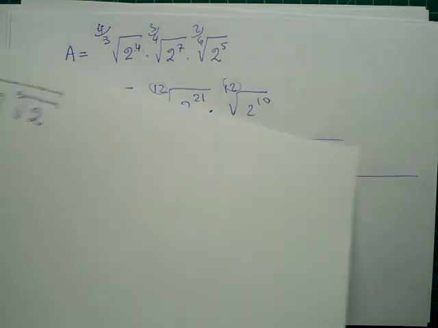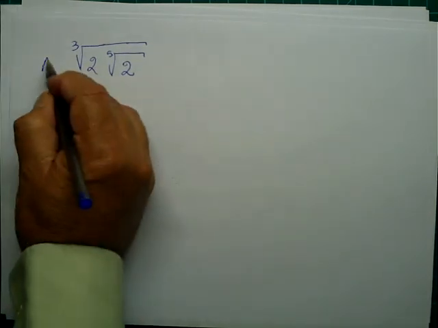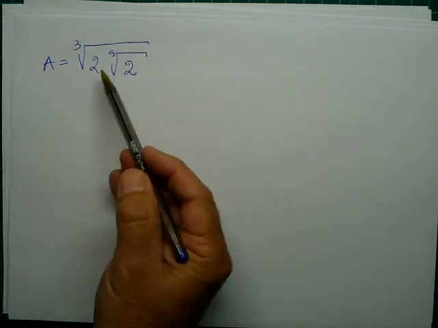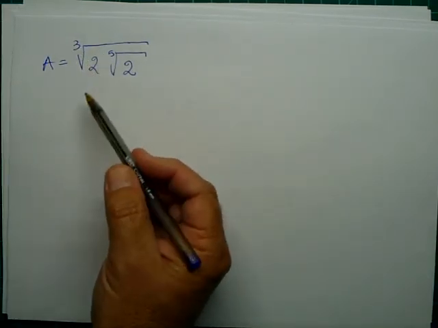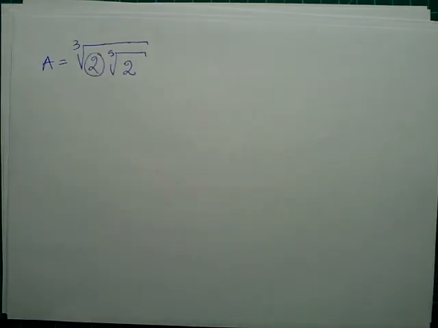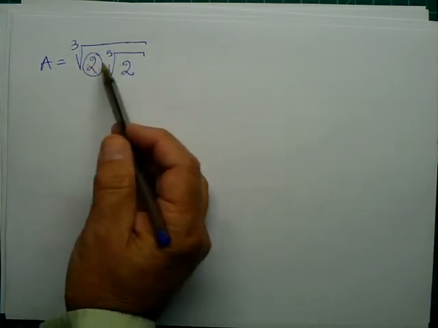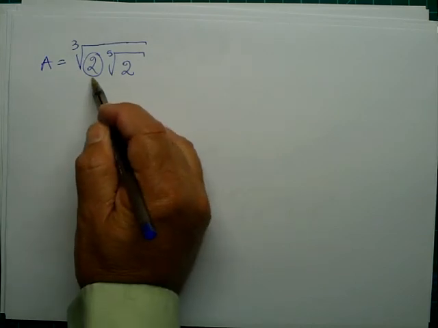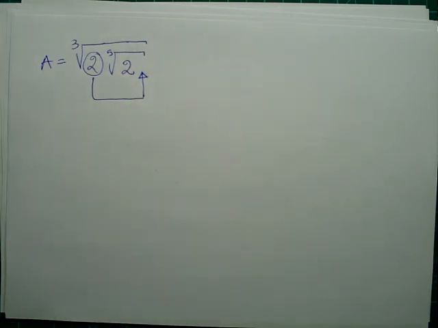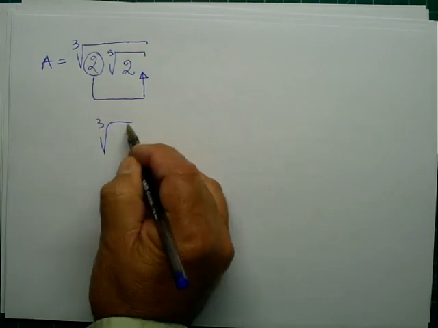And our last example in our presentation is this expression. How do we simplify this expression? Well, this seems to be the chain rule, but we have a problem here. The problem is this number shouldn't be here. To apply the chain rule, you mustn't have numbers between the roots. So the first thing is to put this number into this root here, into this radical. And how do we do that? We simply write